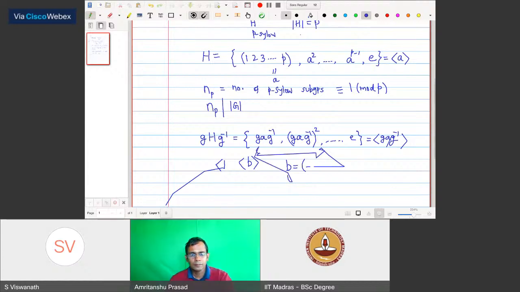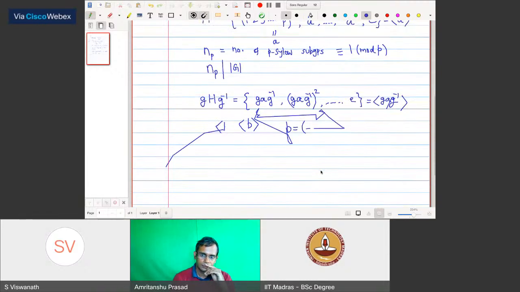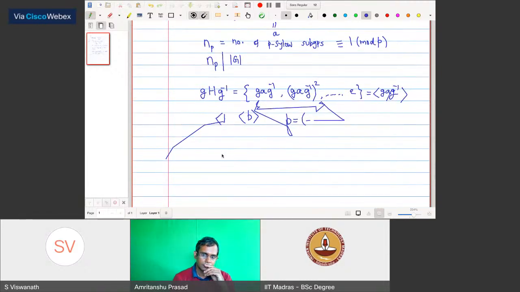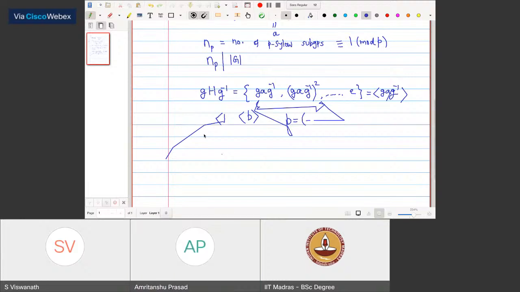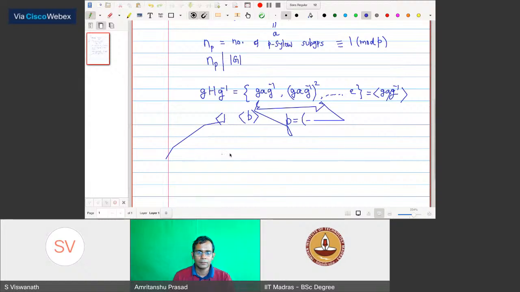So what does this imply? How many such B's are there? I can calculate this number of B's using the standard formula for computing the number of p-cycles. So this number is just p factorial divided by